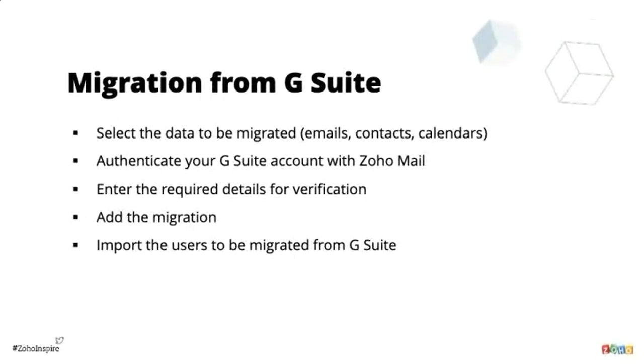You'll have to import the users from G Suite. So with G Suite, when you're performing the app-specific G Suite migration, the process is fairly simple. Instead of importing the users using a CSV or instead of manually adding the users, you can simply fetch the users in from G Suite. Like you saw with the user or group fetch option, all the users will be listed and you can select the users that have to be migrated. And then you start the migration.